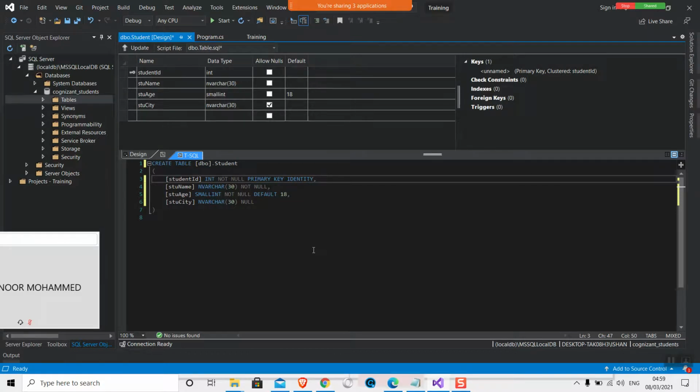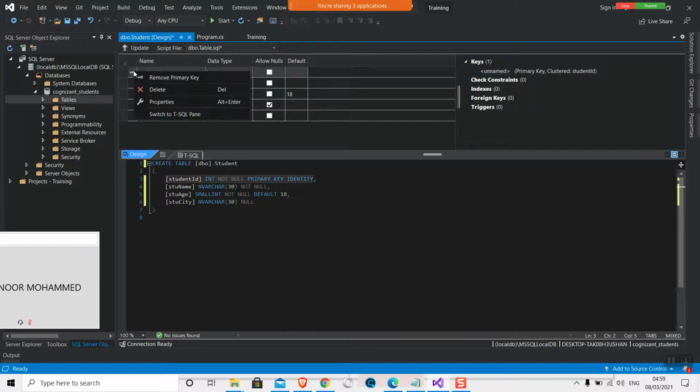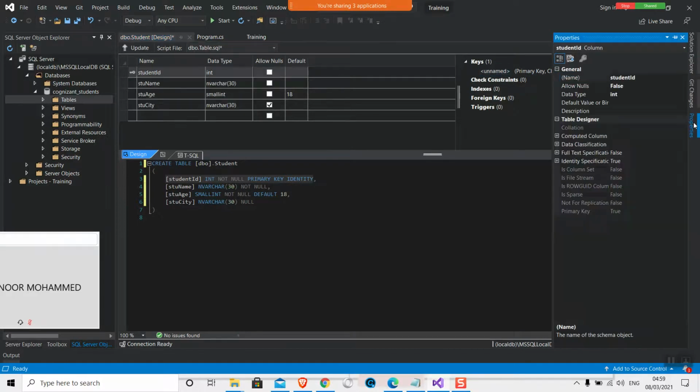You can set it in the properties as well, the same thing. If you don't want to write it, right click on the property and go into the identity specification and make it true. Earlier it was false.